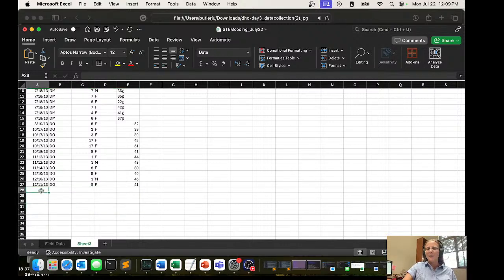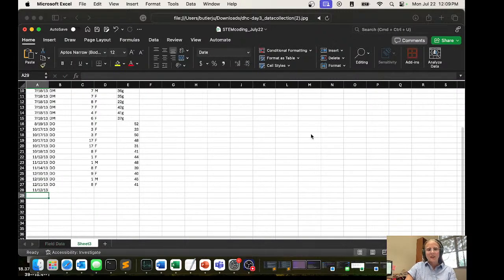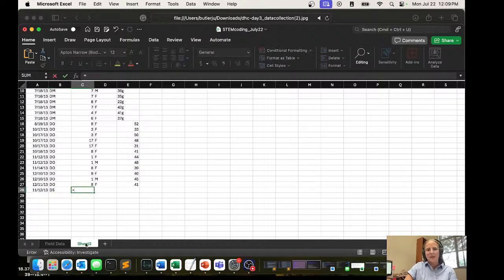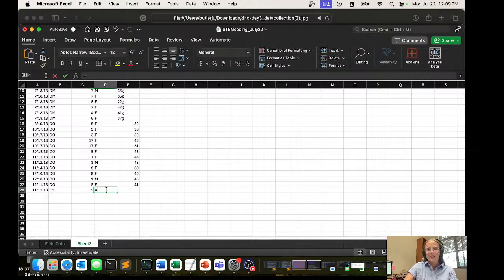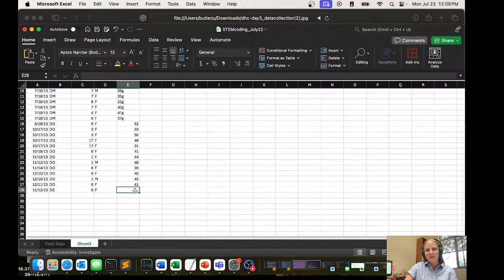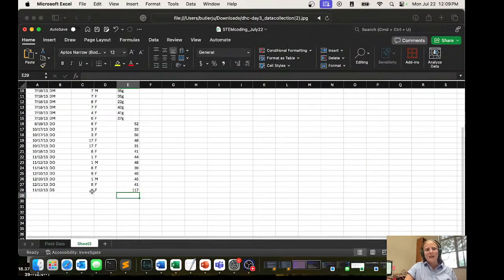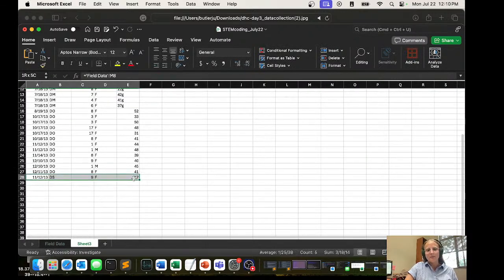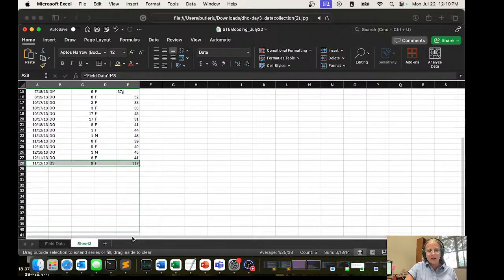And now the same thing for that last little table on the original sheet. The species is DS, and then I will get the plot of land it was collected on, its sex, and its weight. And drag down to collect all the data. And so now I have